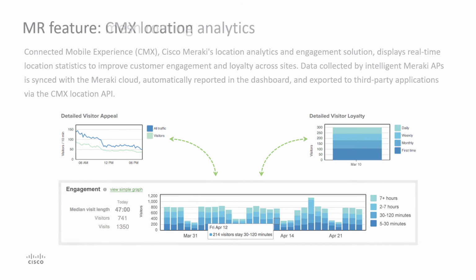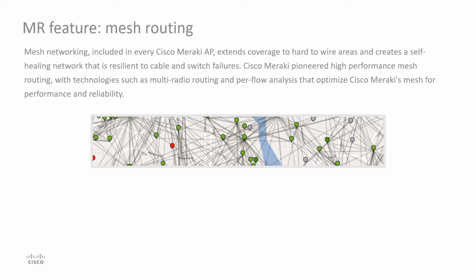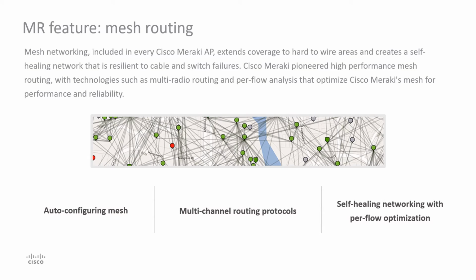Another key feature of the Cisco Meraki access point is mesh technology. The MR series access points support wireless meshing through Meraki Advanced Proprietary Mesh Protocol. The solution is ideal for deployment where wireless coverage is needed. However, cable runs are very challenging. When Meraki access points are deployed, they automatically scan through all the 2.4 and 5 GHz channels, looking for Meraki access points to establish a mesh relationship with. This process requires no configuration whatsoever.